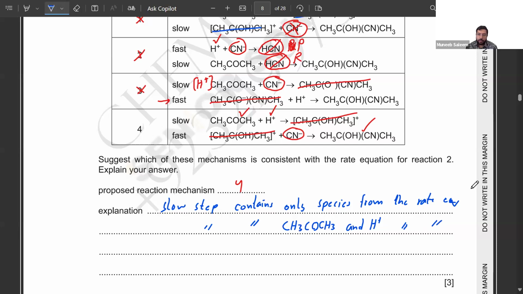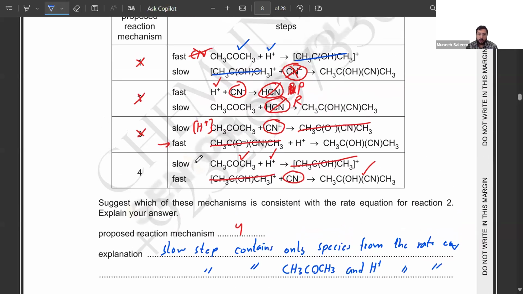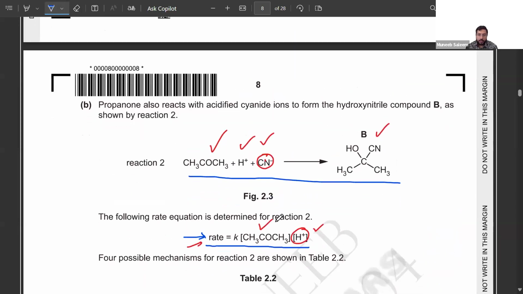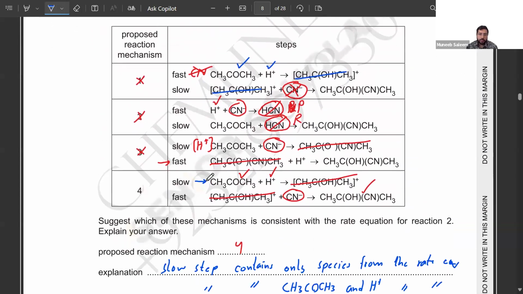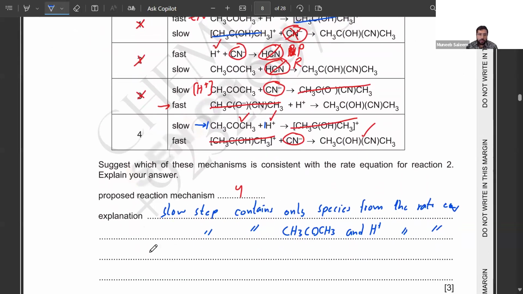You can either write the first statement or the second statement, and also the number of moles of the species present in the slow step are coinciding with the rate equation, because the rate equation says it is first order with respect to this one and first order with respect to this one. So both of the reactants are 1 mole each. So you will need to write here stoichiometry